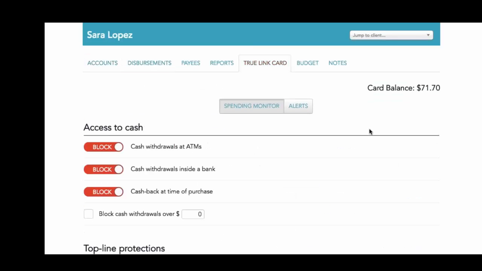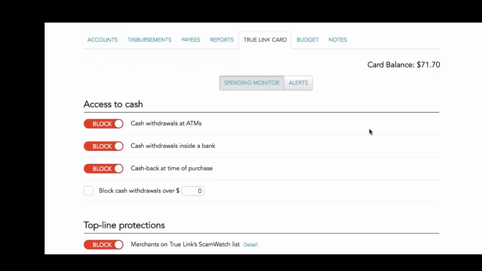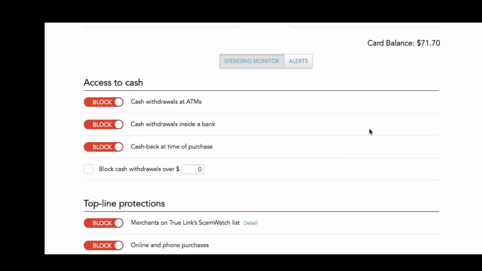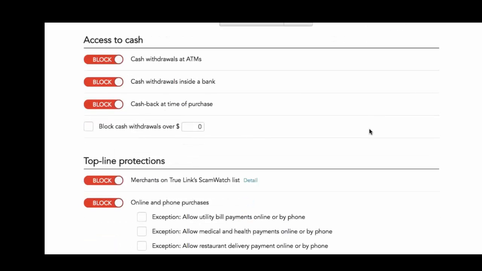I can also configure the settings on the TrueLink card on Sarah's account. So let's look at what those settings are. In this case, Sarah has access to cash blocked, which is something you'll see almost universally on cards set up to disperse funds from a special needs trust. If I did want to change those, though, and allow withdrawal and ATM access, I just click this button, and all of a sudden it's allowed.